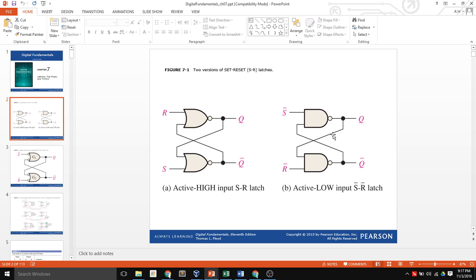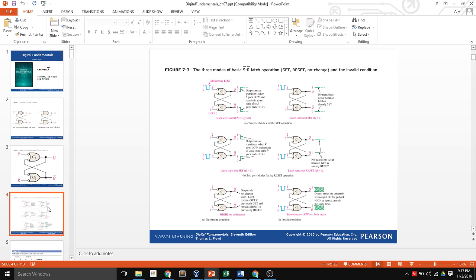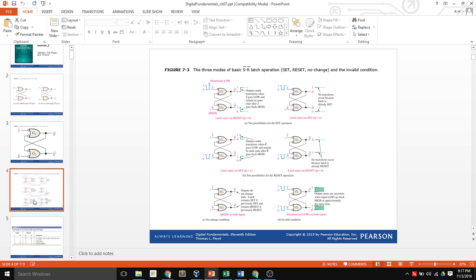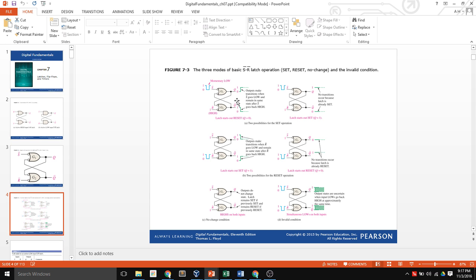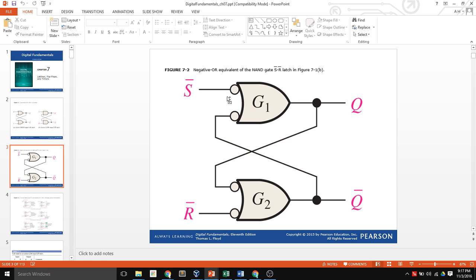However, if I build this out of NAND gates, then I have inverse logic or active low inputs. So if I want to set my Q, then I have to put a 0 on my S. And the natural state of both of these would be 1, 1, not 0, 0, where the natural state of this is 0, 0. That stores whatever's in Q. Here, it has to be 1, 1 to store whatever is in Q. So you can see